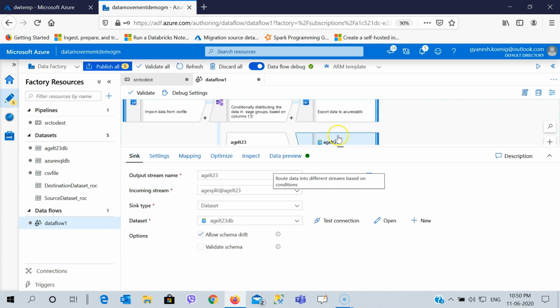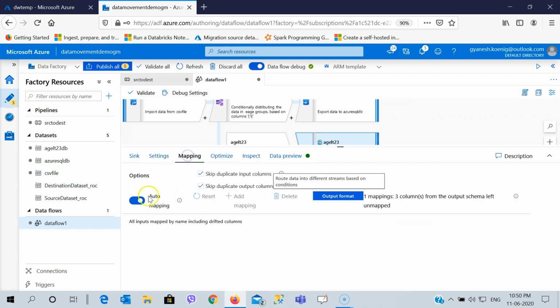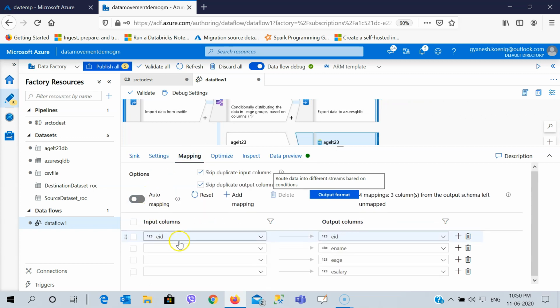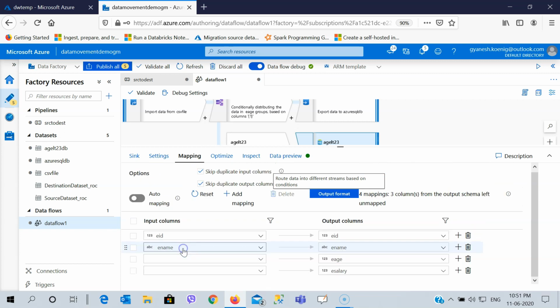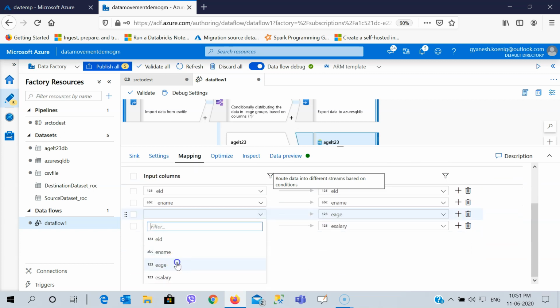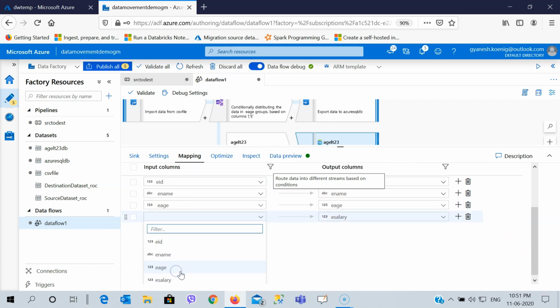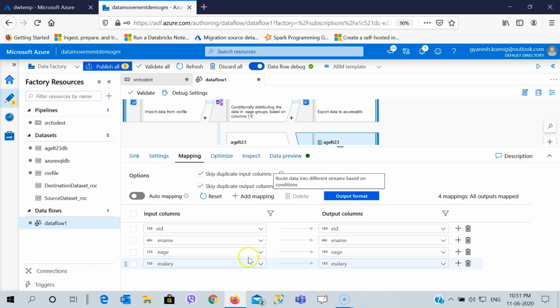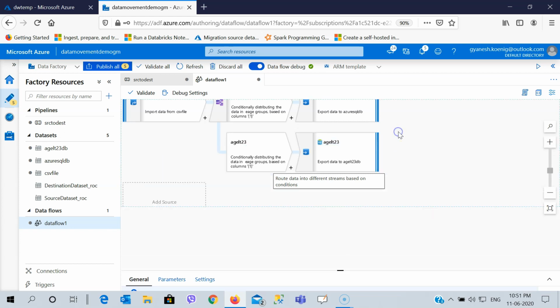I will do it for my second sink as well, which is age less than 23. So I will go for the mapping, and I'm going to do the manual mapping right here. Done with that. Now my whole procedure is ready.